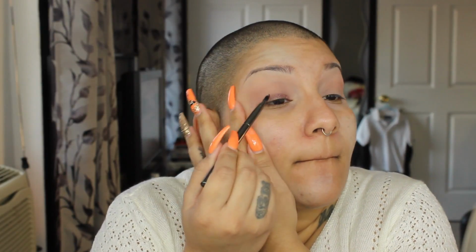Then on my lid, I am using the Color Tattoo 24-hour eyeshadow in the color Pomegranate Punk, and it's just a nice cranberry cream shade that stays really long on your eyes. Now mine was a little dry, so I used a little bit of setting spray to get mine wet, but you get the idea. So then I took a blending brush and I blended the edges of the Pomegranate Punk